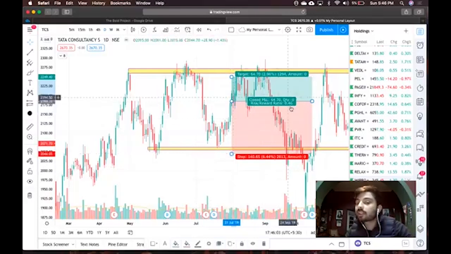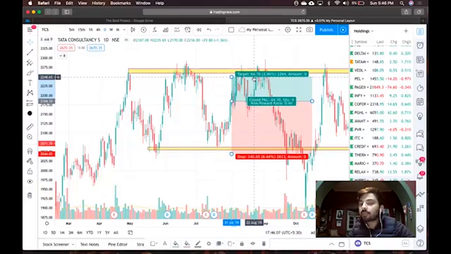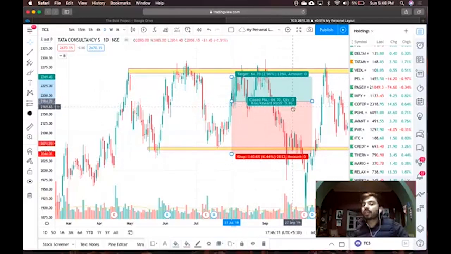So now what is the risk reward? You only want 64 rupees of profit. At the same time, you want to accept a loss of 140 rupees. So you are going for a 0.40 to 1 trade. You are going for 0.40 rupees profit, but for that 0.40 rupees profit, you are risking 1 rupee loss. Are you happy with that? That is basically poor trading, poor risk management on your side. That will not make sense.